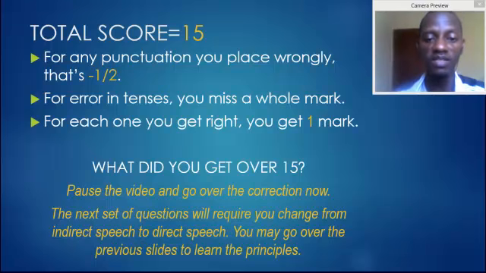The next set of questions will require you to change from indirect speech to direct speech. So you may go over the previous slides to learn or relearn the principles. Meanwhile,